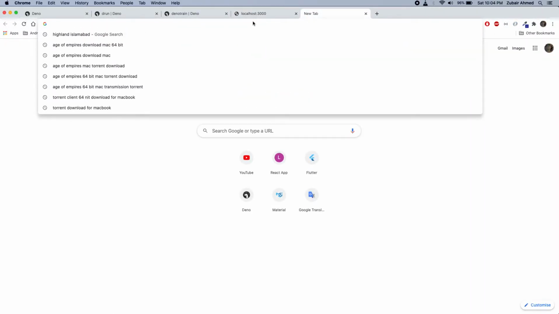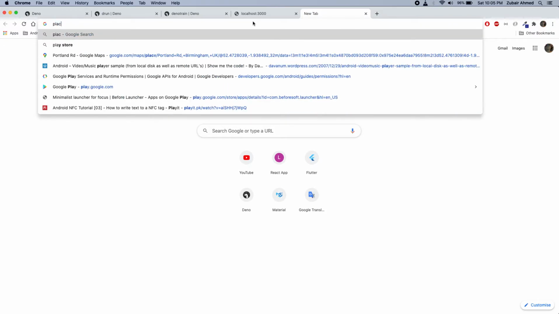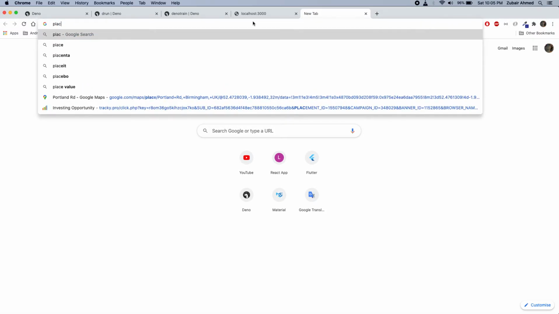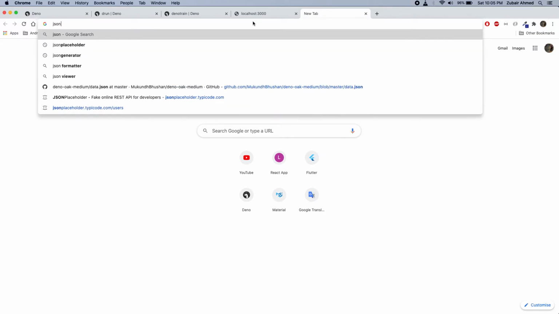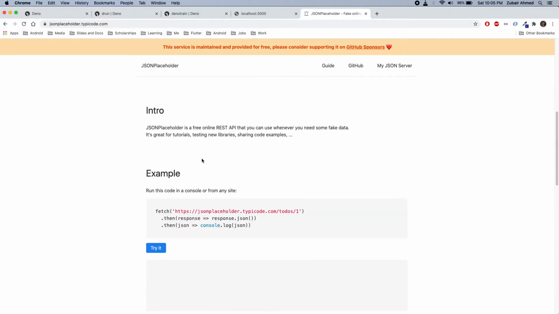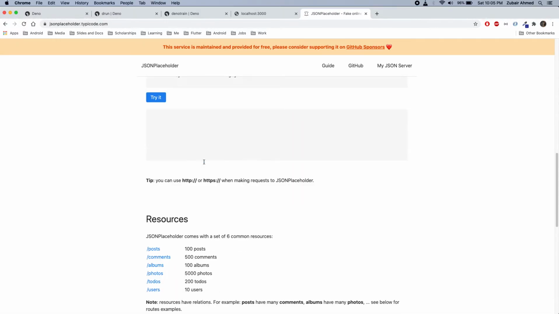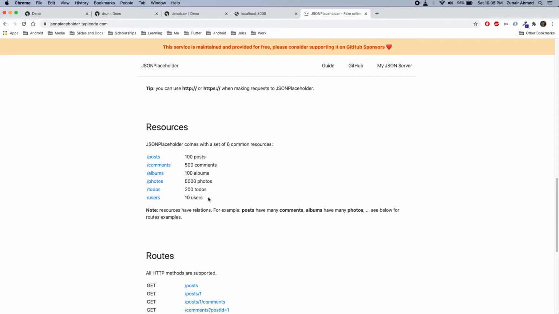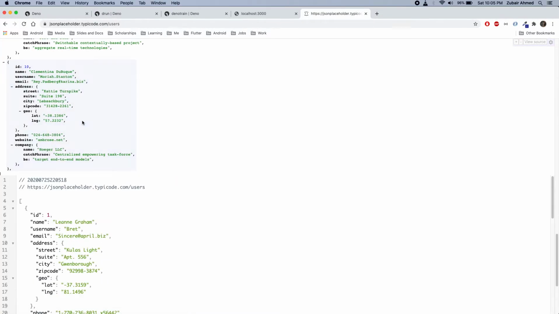So for that I am using this JSON placeholder thing. This is a fake online REST API for developers. They have already created some JSONs for us, and we can use those. In this video, we will just use this users route.